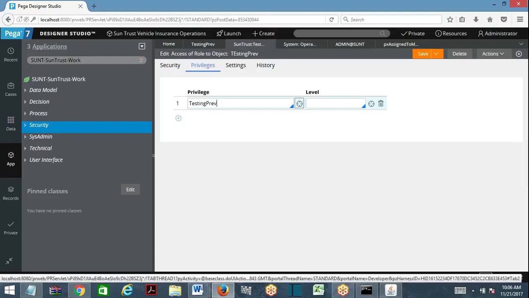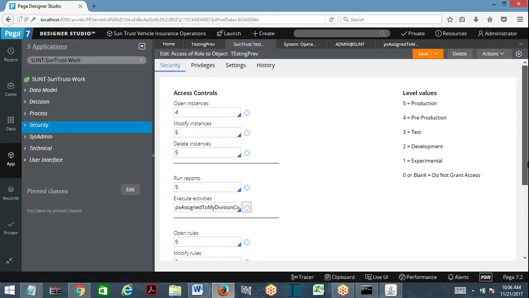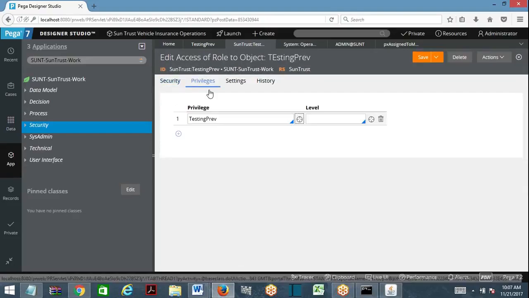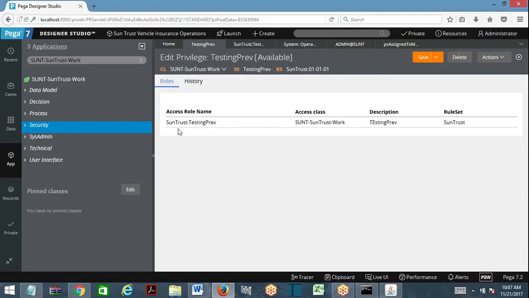So you have one role to object, you specify numbers. In the role to object, you see some of the privileges added in the privileges tab. Can I add multiple privileges here? Now my question is, can a privilege rule be associated with multiple role to objects or not? Can a privilege rule be associated 1 to n?